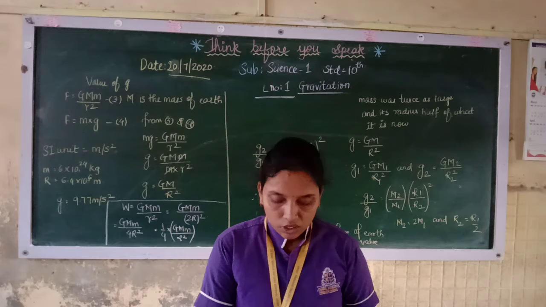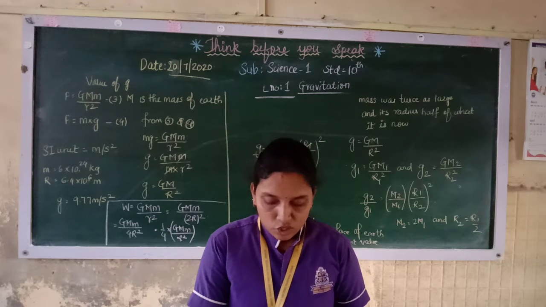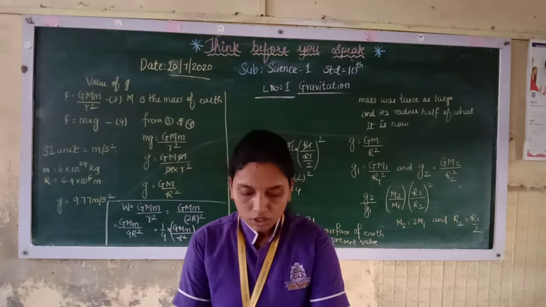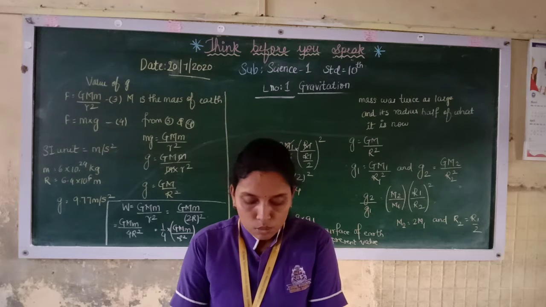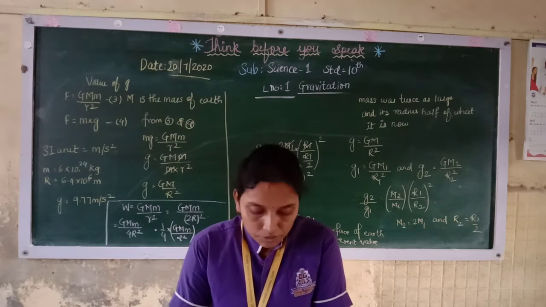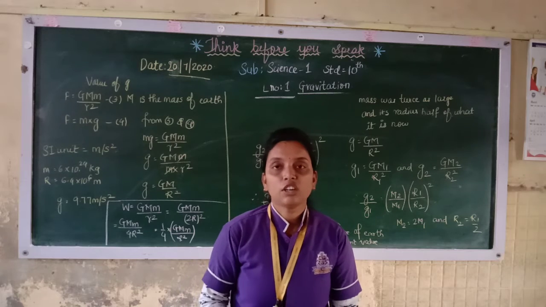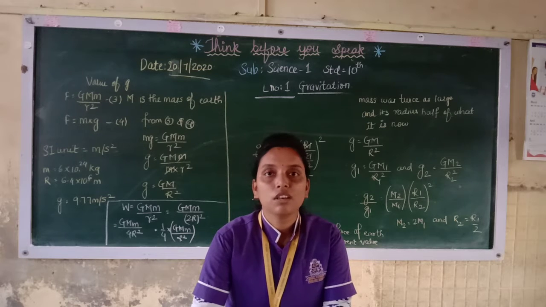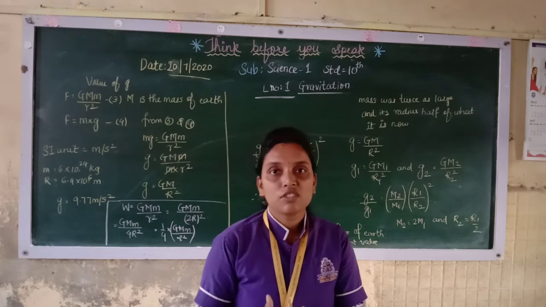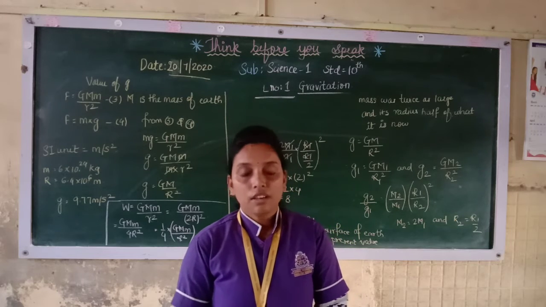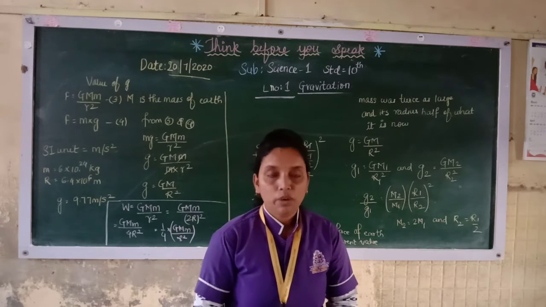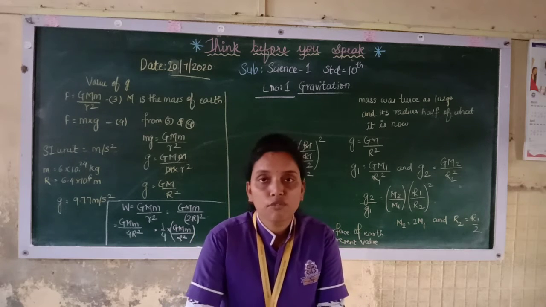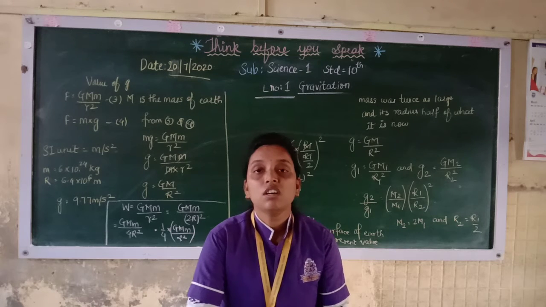The center of the mass of the earth is situated at its center, so the gravitational force on any object due to the earth is always directed towards the center of the earth. Because of this force, an object falls vertically downward on the earth. Like how in the atom the mass is concentrated in the nucleus, which is at the center, similarly the center of mass of the earth is situated at its center. So the gravitational force on any object is directed towards the center of the earth.